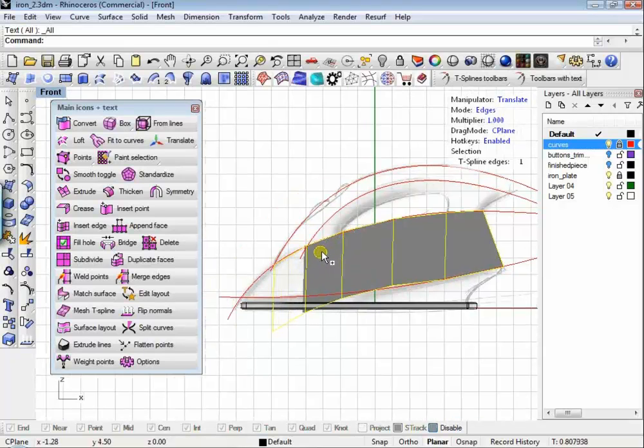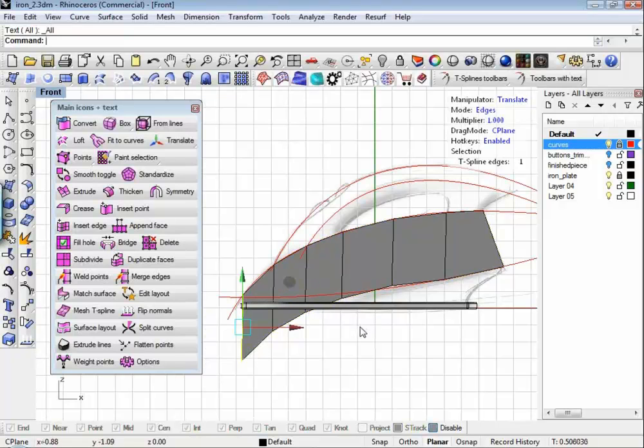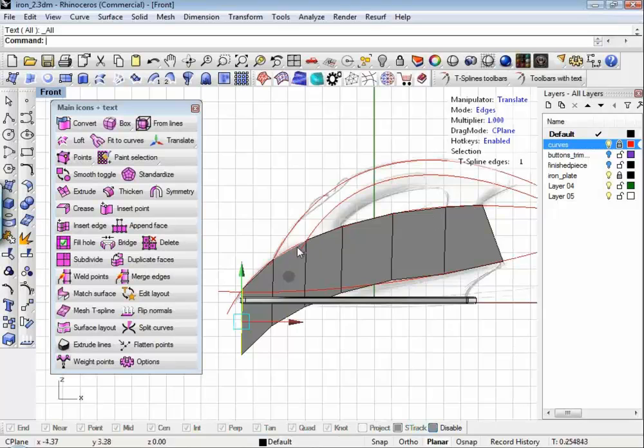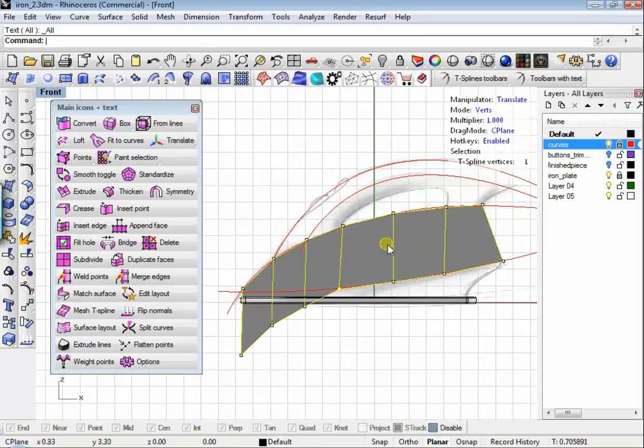I'm going to Alt-click again, drag to the front, Alt-click again, and we'll finish this up. Notice how I kind of drag these along to match the approximate curve here. Well, I missed on the bottom, so I'm going to switch to the points mode by hitting the A key, and I'm going to just adjust these really quickly. Now, I'm not Alt-clicking here because I don't want to copy any geometry. I'm just using the manipulator as is to get where I want. So I'm going to adjust these quickly